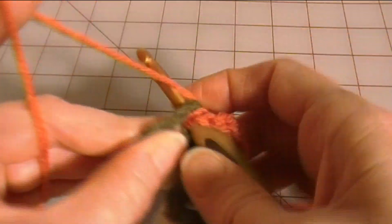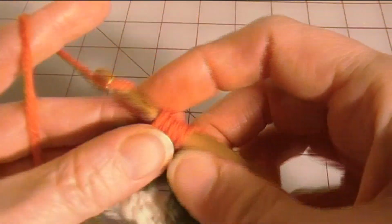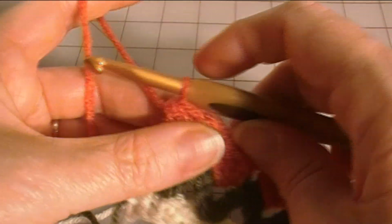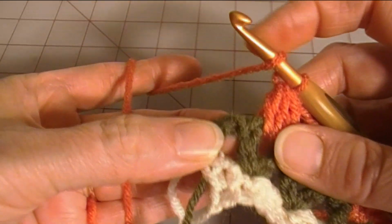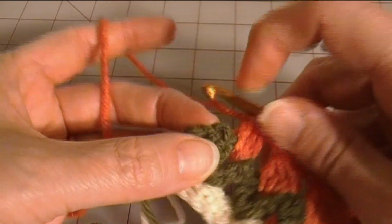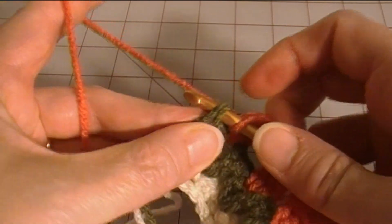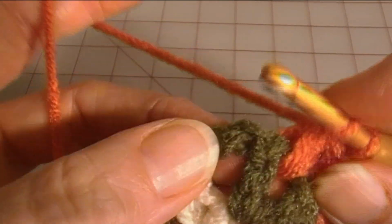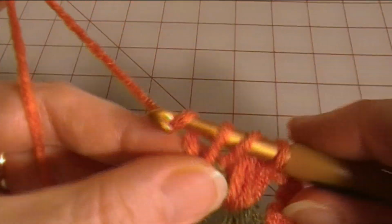So I'm going to make my cluster in this last chain 1 space, and then without doing any chains or anything, I'm just going to double crochet in the top of the chain 3. So you can see there's 1, 2, 3, and when I go into the top of the chain, instead of going under 1 loop, I go through 2, because I've seen these loops get stretched out after an afghan's used for a while. So if you go under 2, they don't stretch out. So I'm going to go under 2 loops of that top chain stitch, and I'll show you that again. You see, that's the bump on the back of the chain, and that's the top loop. So I'm going under that bump and the top loop, just like so, and draw up the loop,